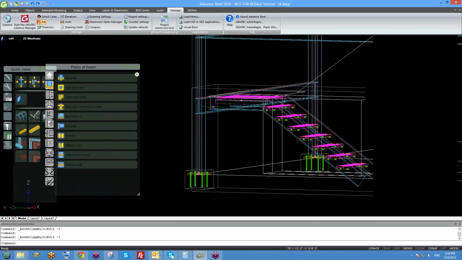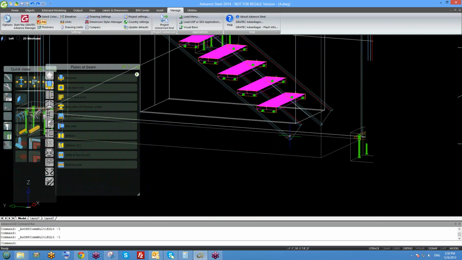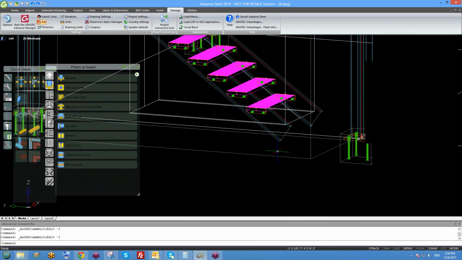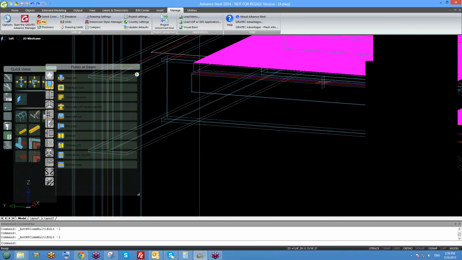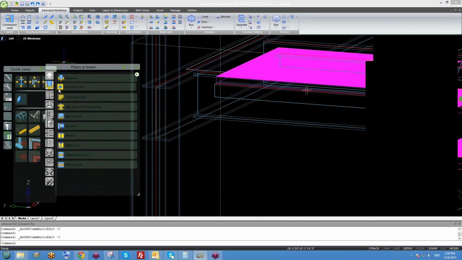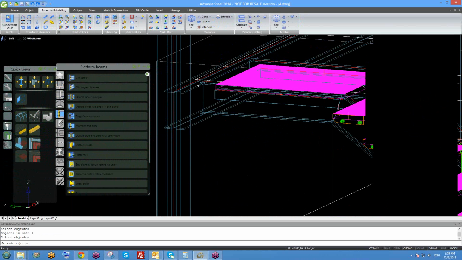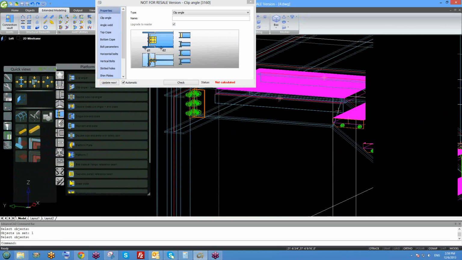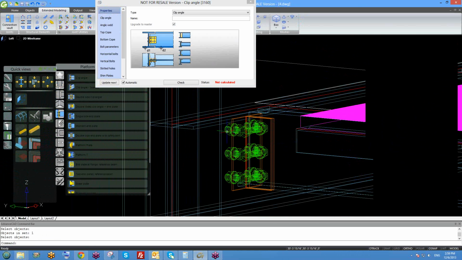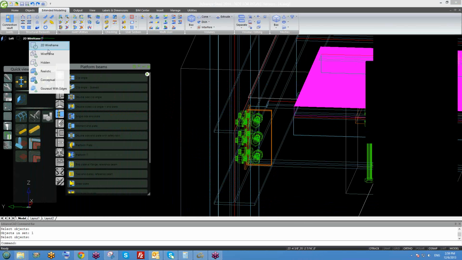So I want to connect my landing to this beam. The same thing for these two stringers. I want to connect them to my top footing. You can use one part and split it into two. For this guy, you can use the standard clip angle right here. All right. And for the other one,